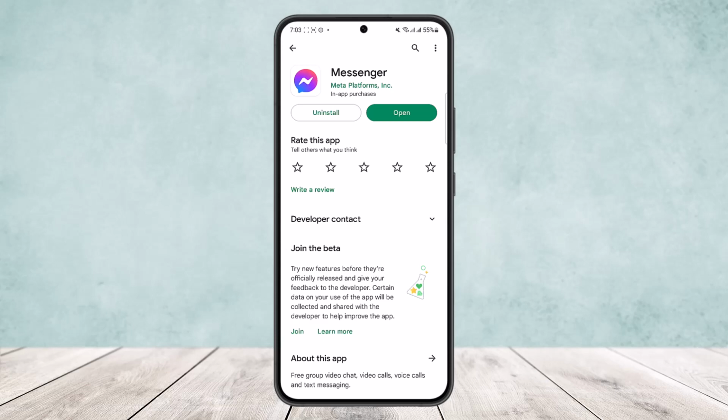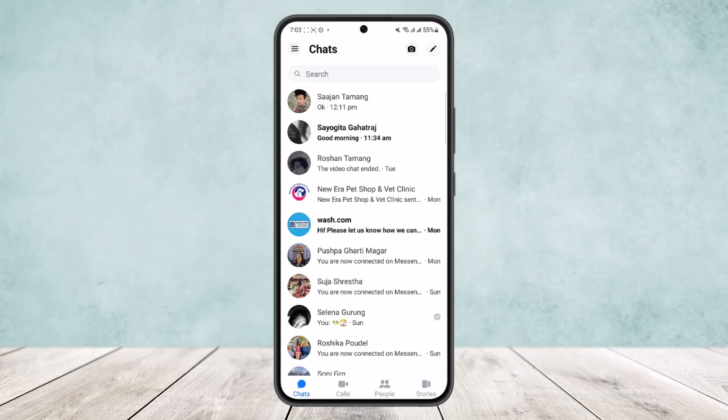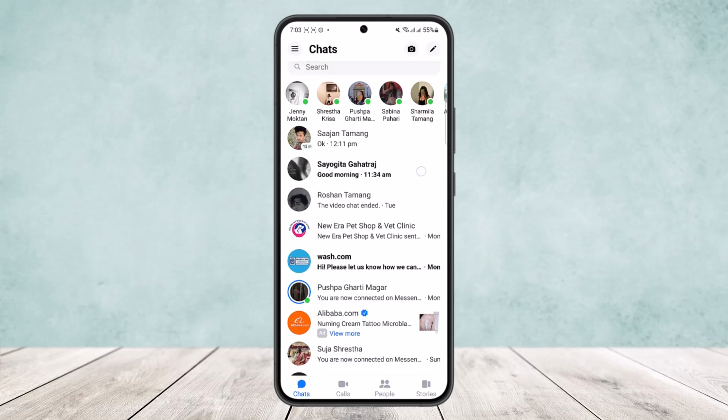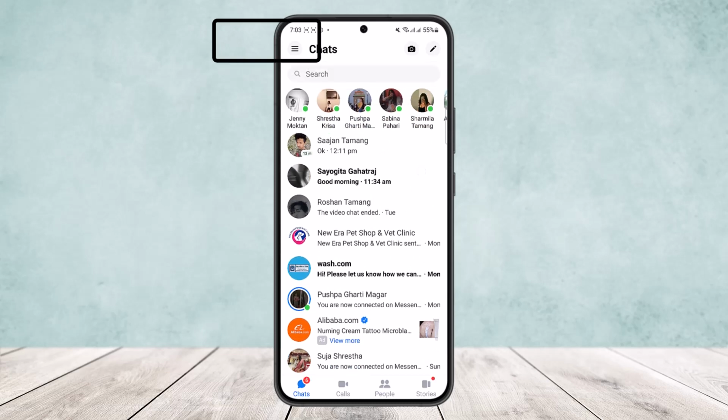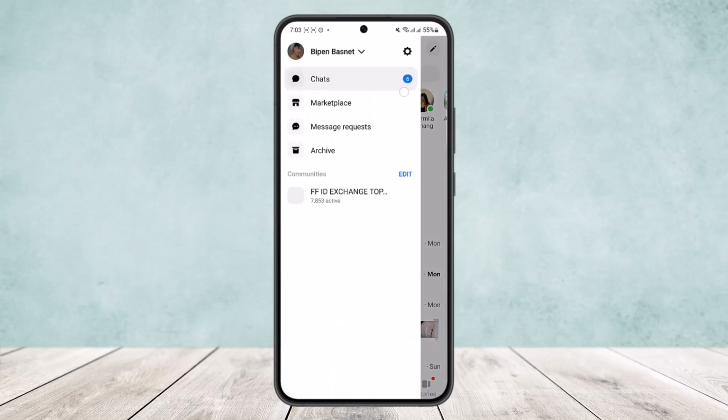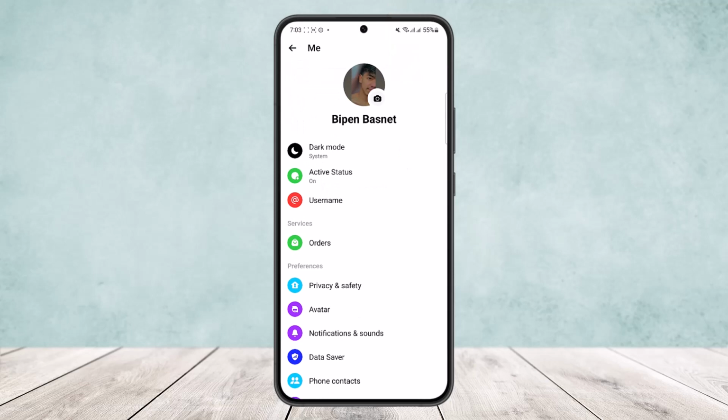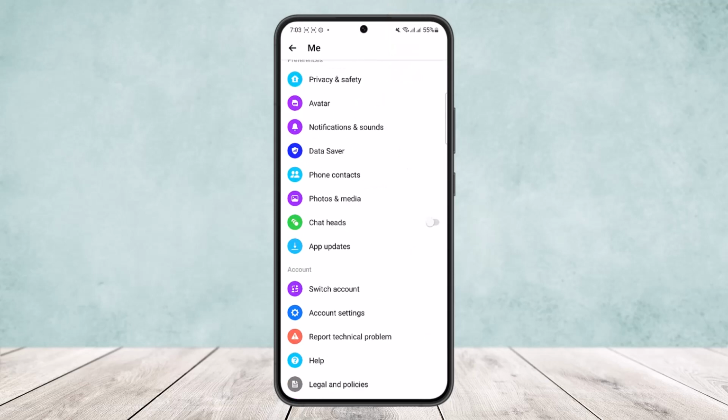Now simply open up your Messenger app and you'll get an interface like this once you're logged into your account. Tap on the three horizontal line icon at the top left corner of your screen, and here you can see a little settings or the gear icon just beside the profile name. You'll be able to find it right there as you can see on the screen. Tap on it, and here what you want to do is scroll down all the way below and head into